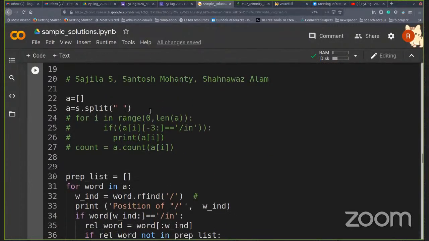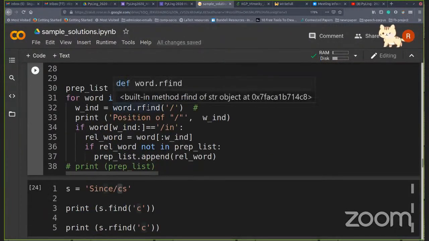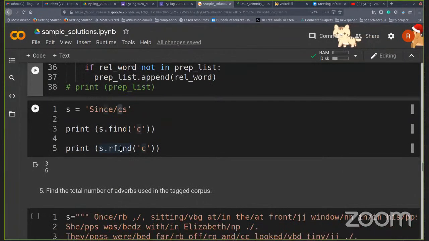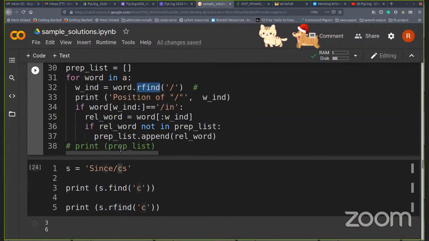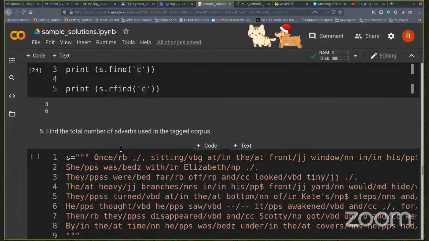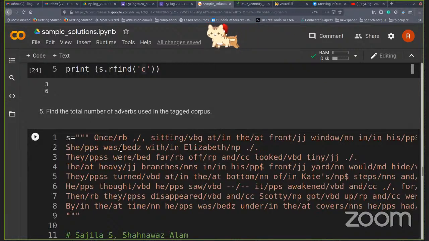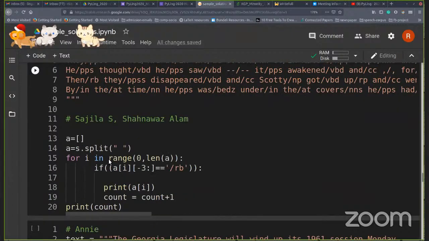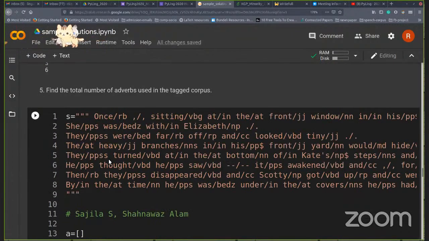That's the reason I used rfind, but this is one thing which could actually prove to be very useful when you are working later on. Okay, are there any questions in this? If not, then I'll